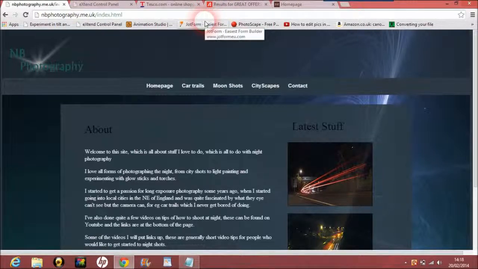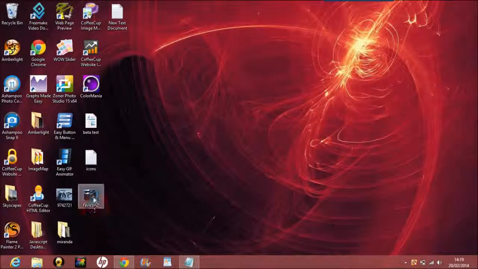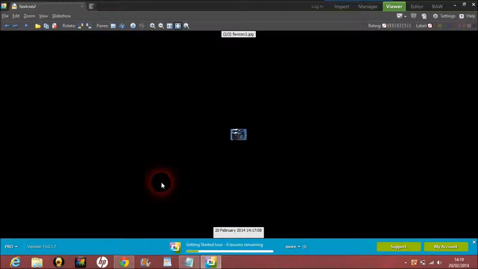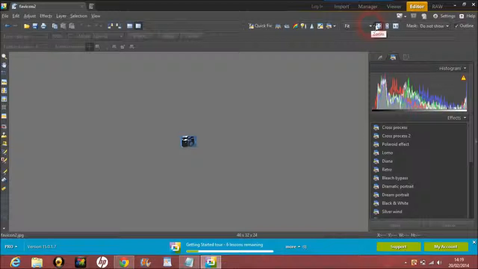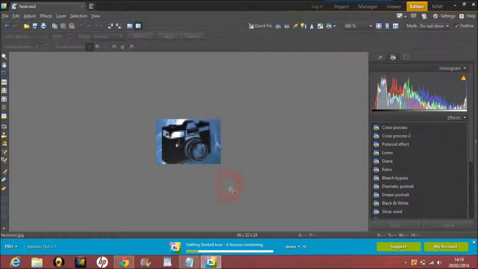So how do we get a favicon onto a website? Well, there are a few different coding methods. I've already done the actual favicon, which is this here, and these are very small things. I've done this at 32 by 32 pixels. When they go on there, they're probably about 16 by 16, so if you blow that up it looks like 400%, something like that. So basically I've done the blue background with a camera,